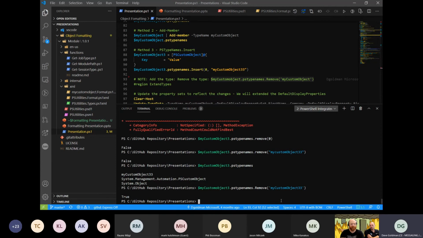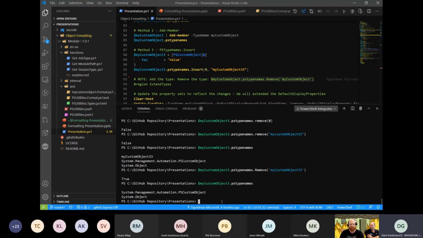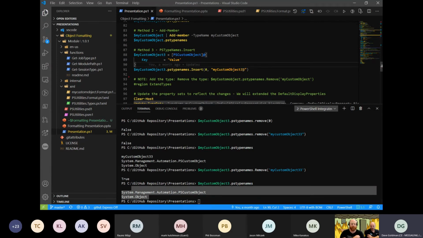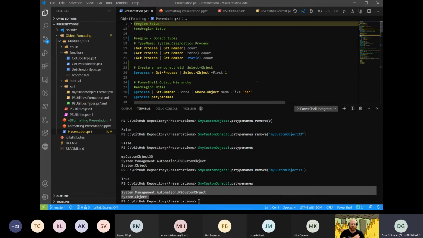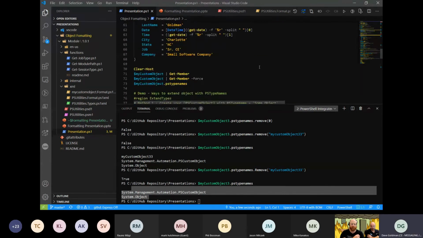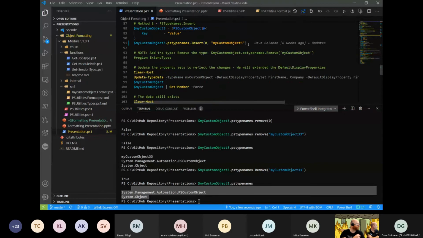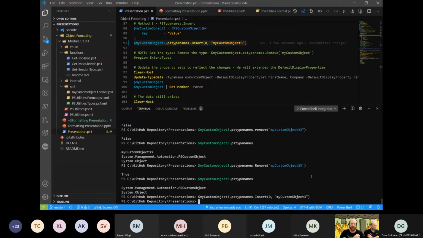I had a typo somewhere. Oh, okay. Yeah, be careful when you do this. If you're calling the remove, these are case sensitive. You'll notice here where I did the cut and paste, it had a capital C before it didn't. And this will return true or false. So now if I go back to the type name, you can see that I've actually removed it from the type names table. And now I can go back, fix that, and add it back here.